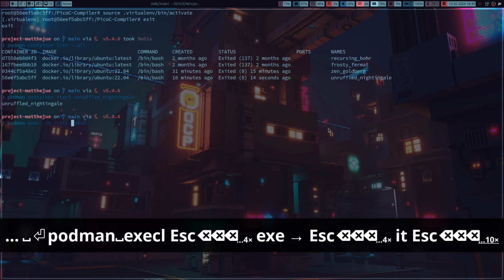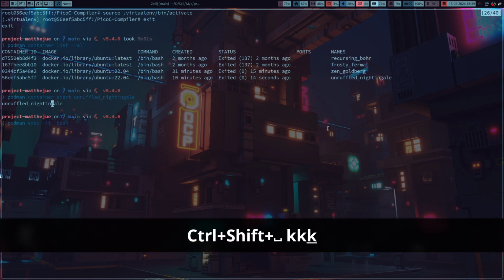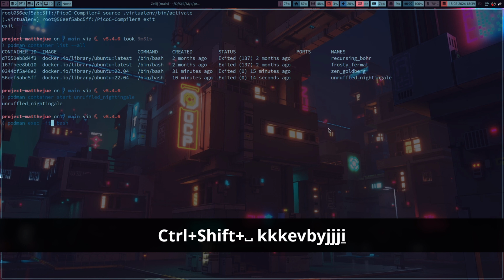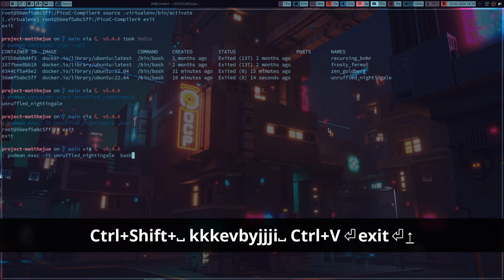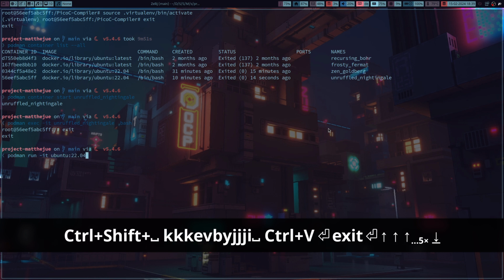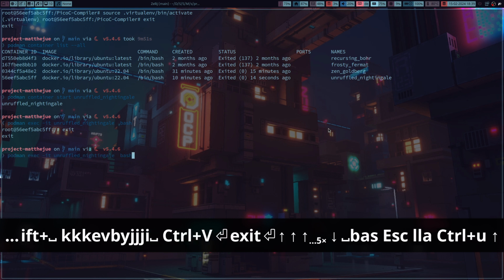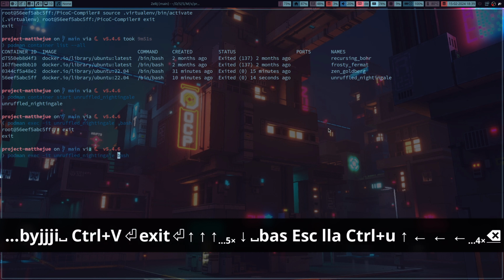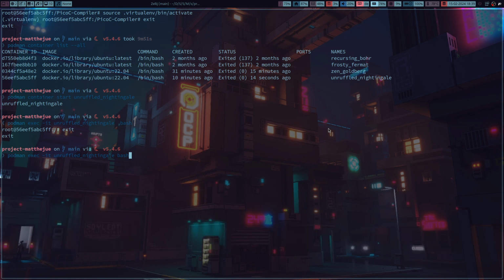Because I started it with bash, I actually used the run command. By default it starts the images with bash, but here I can explicitly say it should use bash. If I go into the container again,